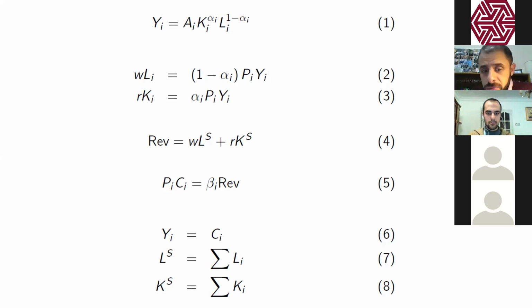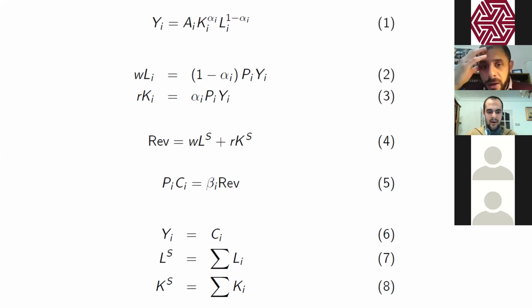Equation 4 didn't change because we still have 1 labor and 1 capital, given the fact that labor and capital are mobile between the 2 sectors. Equation 5 that represents the demand has an index I because now we have 2 goods and we're going to demand 2 goods. And that's why we must now have a parameter beta I, that represents the share of consumption of each good, because we can define beta as PI multiplied by CI divided by the revenue. Okay? And then the final block, which is the equilibrium block.